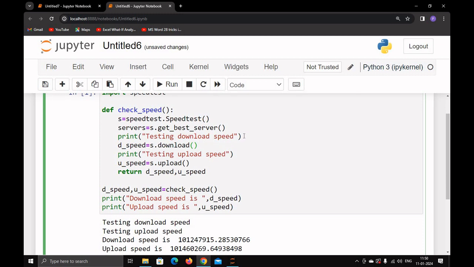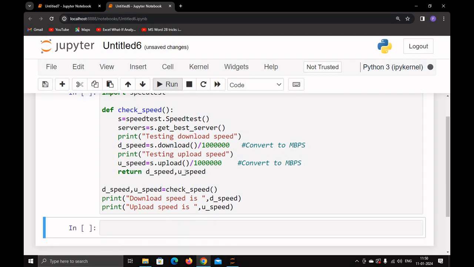So I will convert the speed into Mbps. So for that I will divide it by, similarly I will convert upload speed to Mbps. Let's run this again,